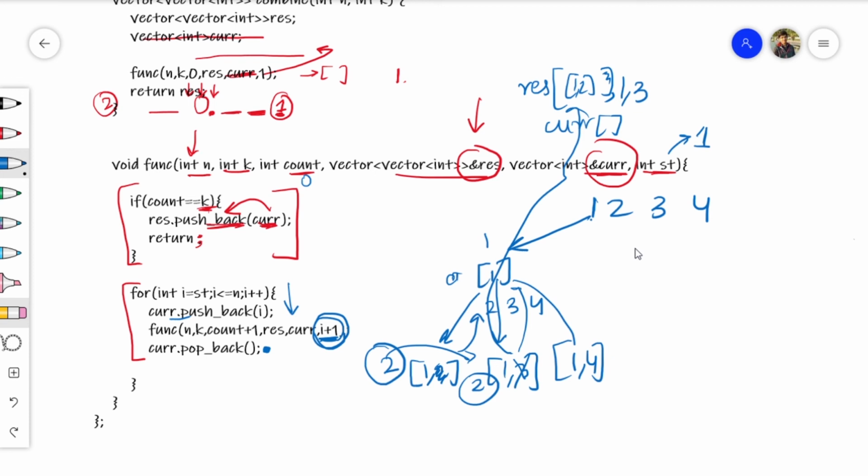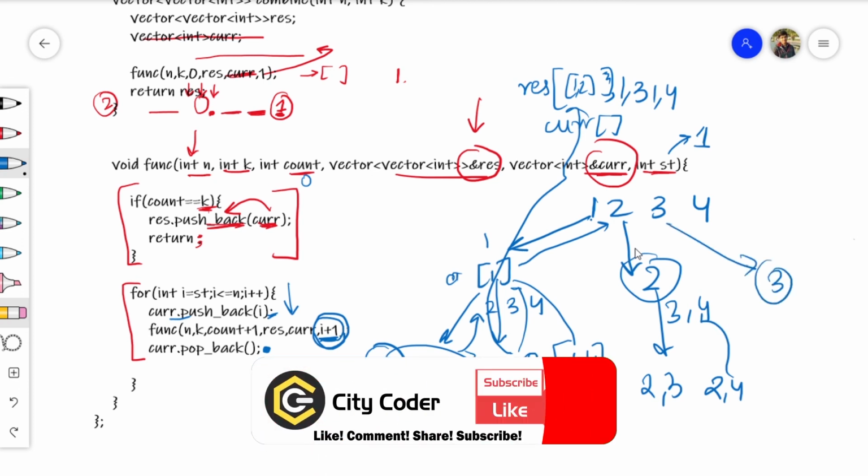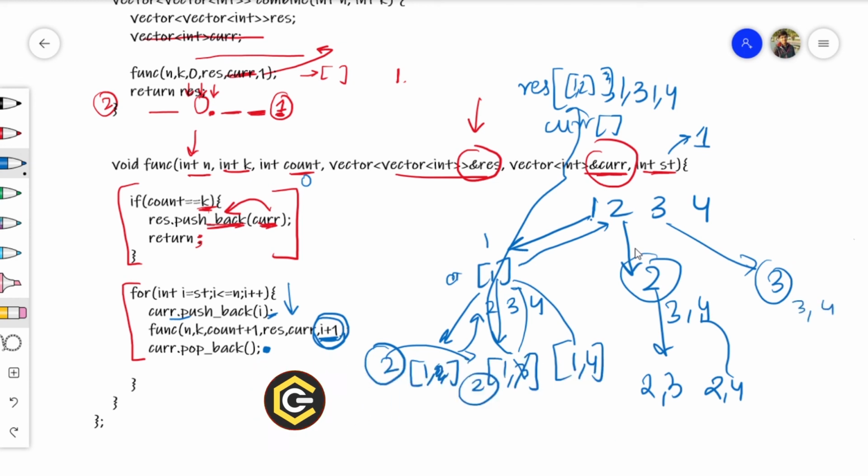Now the resultant has 1 comma 4. When this gets completed, we have no other values, so we'll go back to our 2. From here 2 will be pushed, and then the function will be called for 3 comma 4. Then it will check 2 3 and then 2 4. Then it will backtrack, and we check for 3, run the loop for 3 comma 4, and it will push only the fourth one.